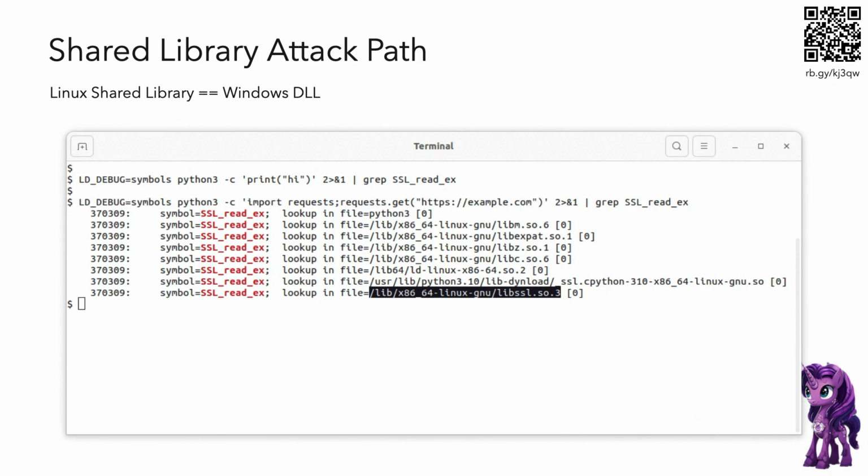What's noteworthy here is if I run Python to print hi on the screen, there is no reference to OpenSSL happening. Whereas if I say, hey, get me the requests library and let's go talk to a web page, then all of a sudden it's going, whoa, I need this SSL_read_ex function. Is it here? No. There? No. There? No. Aha, I found it.